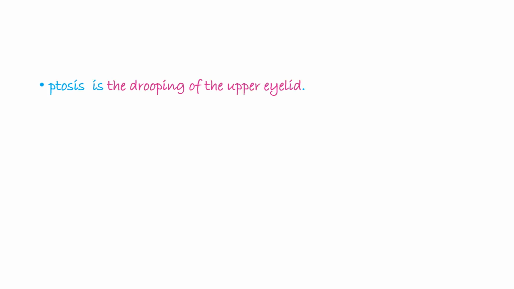Today I'm going to talk about ptosis. So ptosis, this is a drooping of the upper eyelid. As you can see in this picture, this is our normal eye and this is the drooping of the upper eyelid. So the muscles involved in the elevation of the eyelid are two: the levator palpebrae superioris, and we have